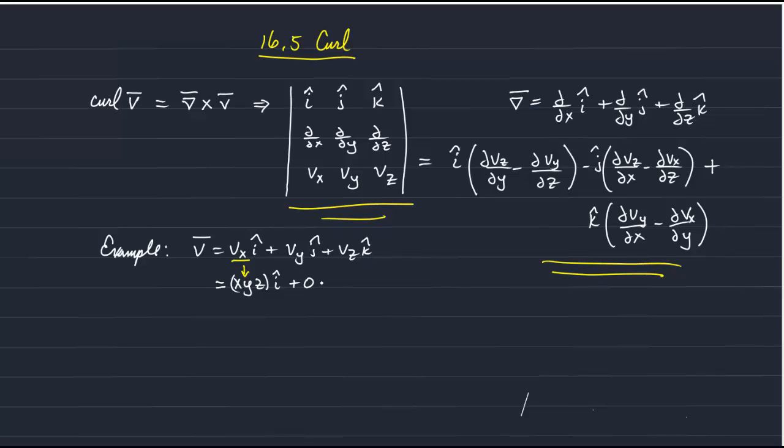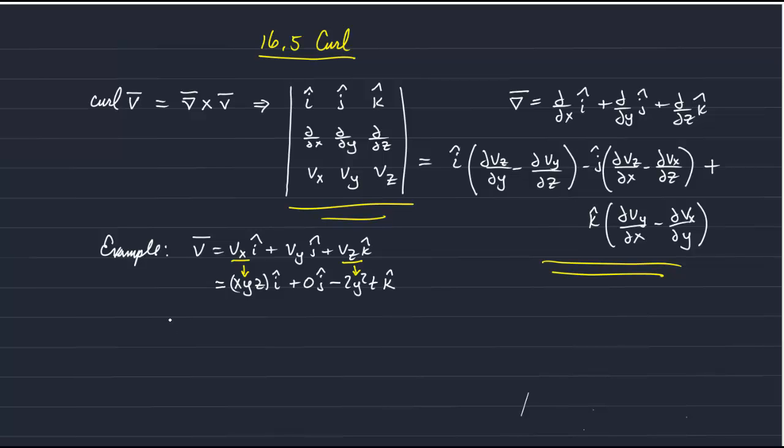Vy is 0. And then Vz is minus 2y squared t, where t is time. Right? And so this is Vz. So going back to